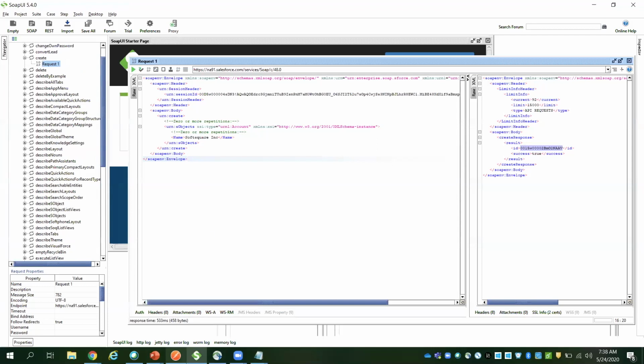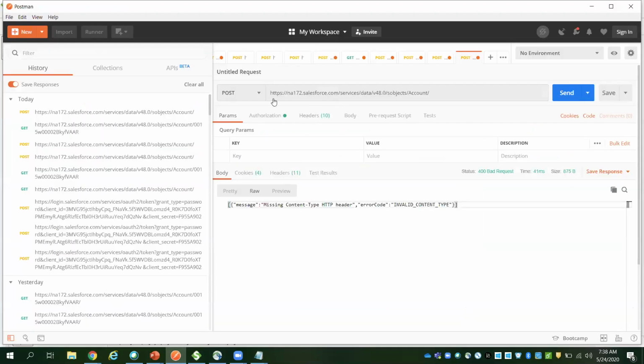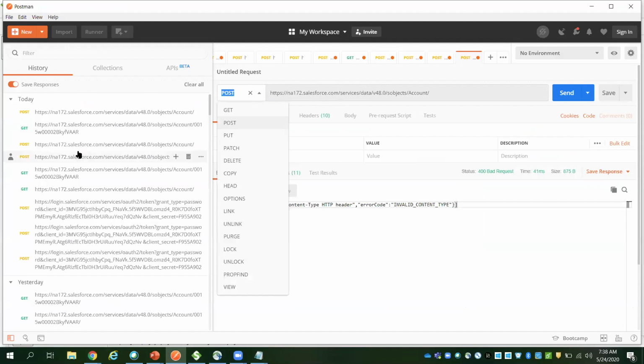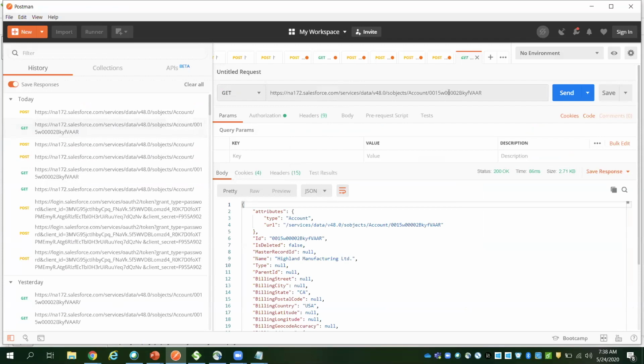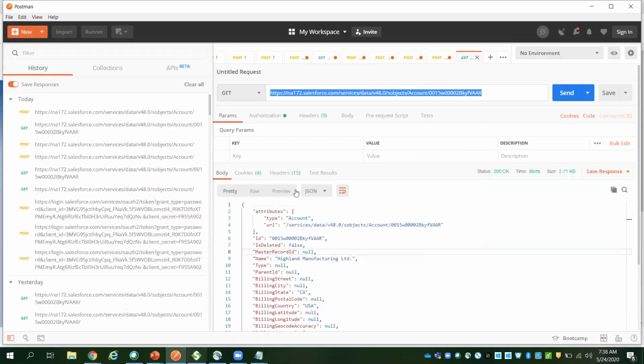So if you see the difference in REST, for example, for the get method, this is the endpoint URL that you are passing, either JSON or XML format. It's more like a postcard kind of thing.